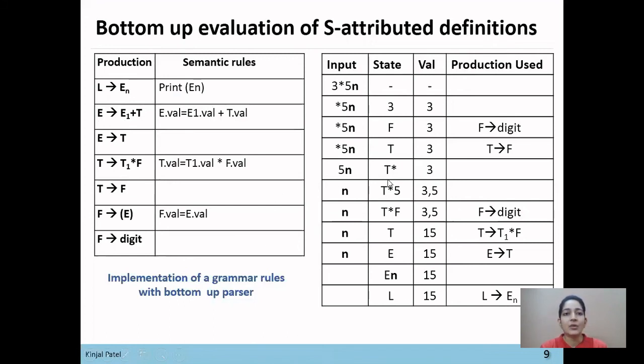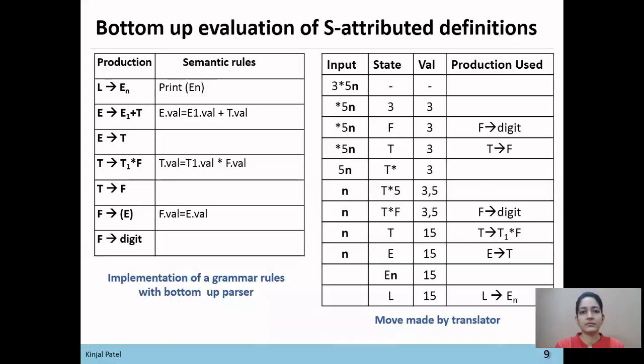So this is how bottom-up evaluation can be performed for an S-attributed definition, that is, we start from the input string and derive the starting symbol and the output of each node. The same way we can also perform bottom-up evaluation for inherited attribute definitions.